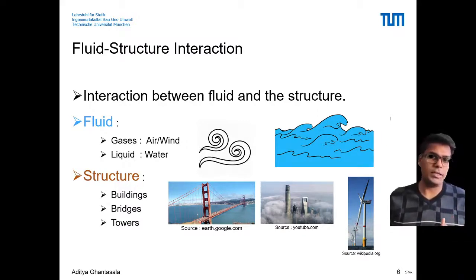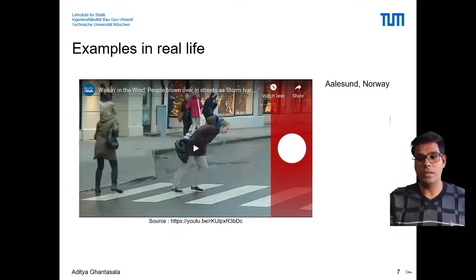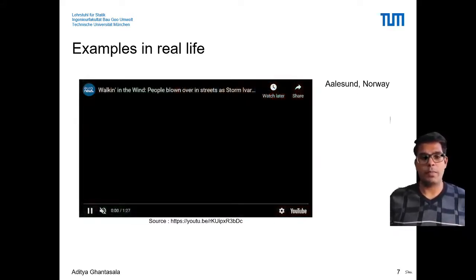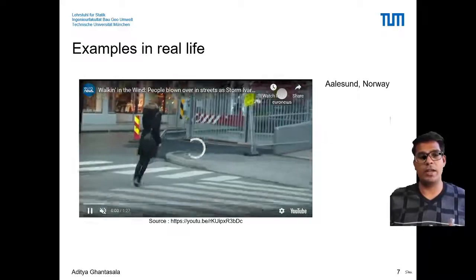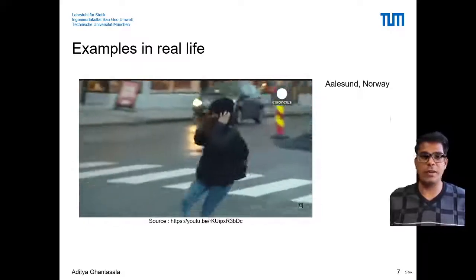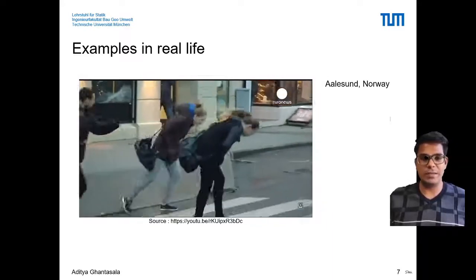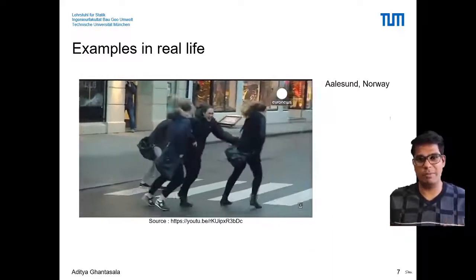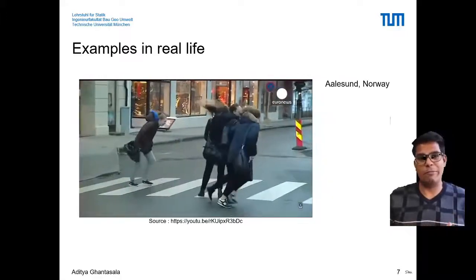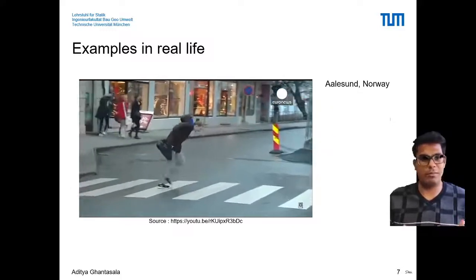In the following slides, I will show you some examples of what fluid structure interaction is in real life. The first example I have here is of people walking in wind. As you can see, people are trying to walk in wind, and the wind is pushing the people around. It's not letting them walk freely, it's pushing them. This is something we experience every day, and this is exactly what fluid structure interaction is. We have all experienced this when walking in high or fast winds.